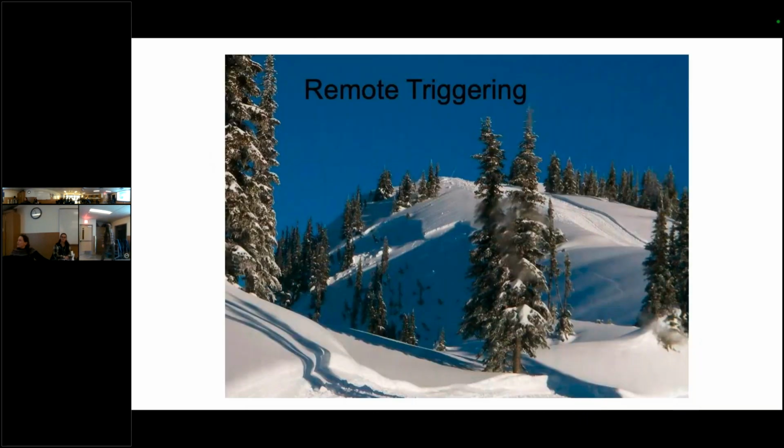This one's a classic one too. You can see this big slab here. This was caused by a heli ski operation, a cat ski snowcat in Girdwood. Just driving up here caused this to avalanche down here. And it's also kind of a terrain trap in that gully down there. Not a big slope, fairly deep, and then a terrain trap.